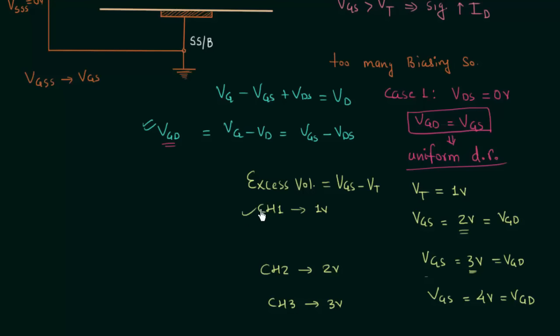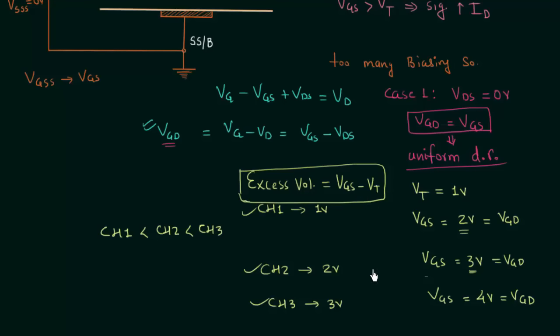Now if you compare CH1, CH2 and CH3, you will find CH1 will be smaller than CH2 and CH2 will be smaller than CH3. So the width of channel is dependent on the excess voltage, which is equal to VGS minus VT. So this is all for case number 1. Let's move to case number 2. In case number 2,